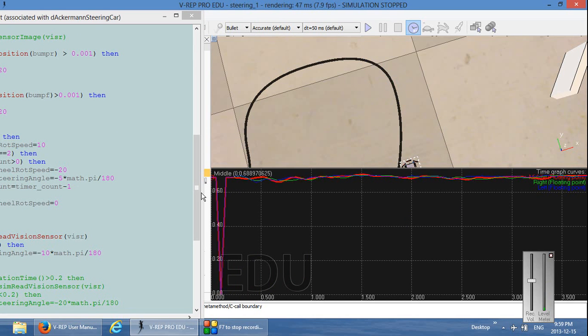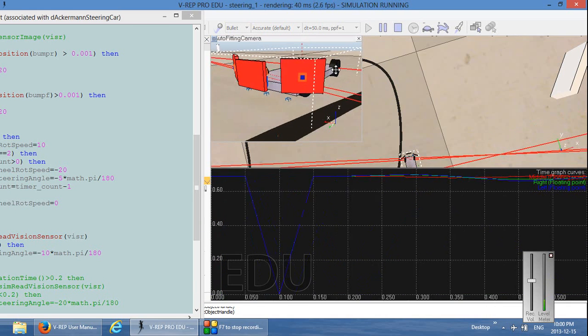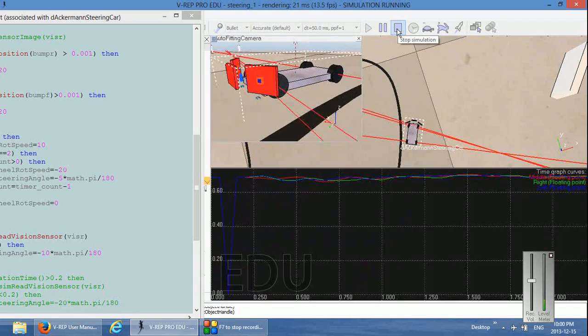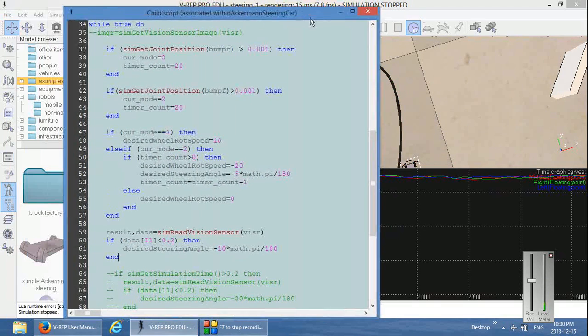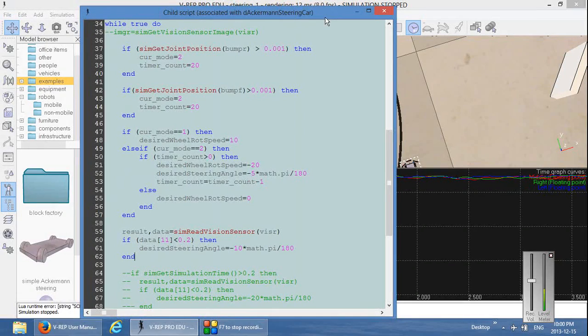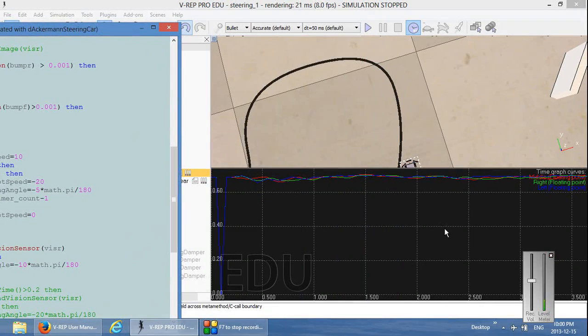There is a sudden spike here which brings the value down to 0 at the beginning of the simulation. This is most likely explained by the fact that the car drops down a little bit if you look closely here. And clearly somehow the values get outside of the readable maximum and minimum. So what we do here, one way of fixing it, we could probably drop the car down to the level